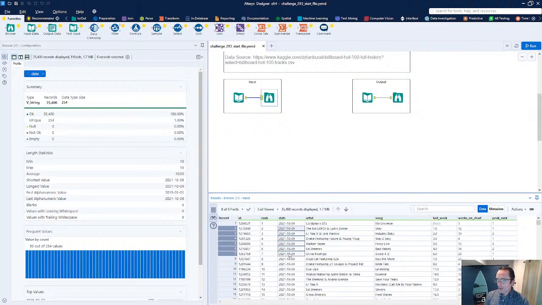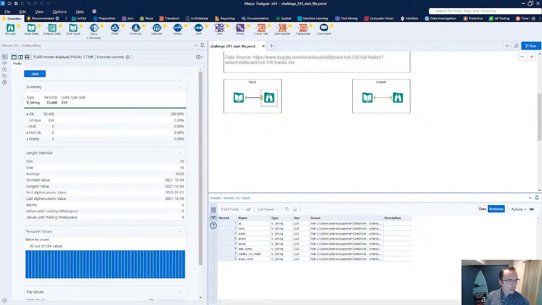So our date here, this is an ISO date format. I'm going to go ahead and check my metadata real quick. I'm also going to highlight my mouse, which I tend to forget to do. So let's go ahead and do that. There we go. All right, making it easier to see.